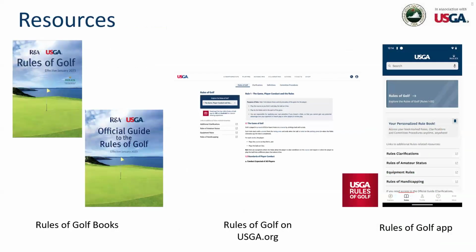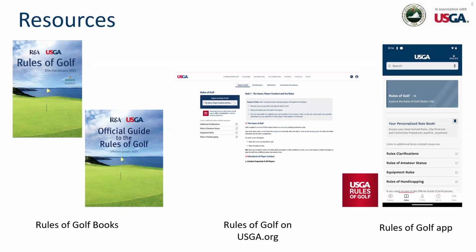We have several different resources provided by the USGA, some publications, some more digital forms that can help you access the rules. The book itself is broken out into actually two separate books. The Rules of Golf is a full text of rules, including all of the definitions, rules, and subsections. This book has an index to assist you in finding the correct rule more quickly, and that is the top